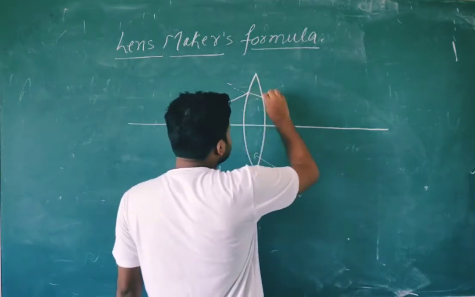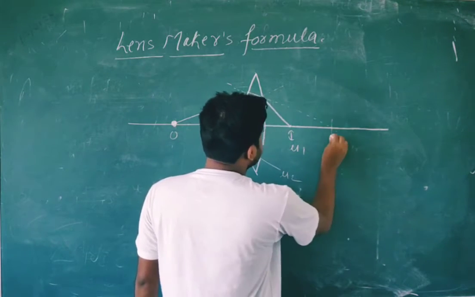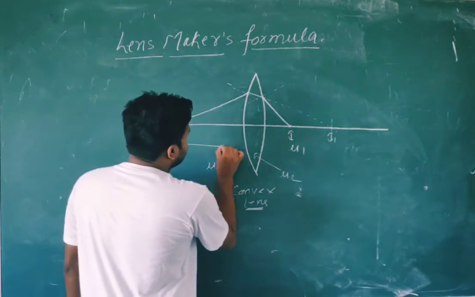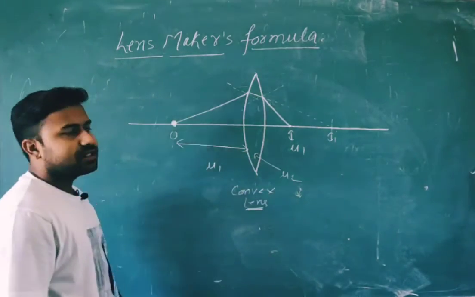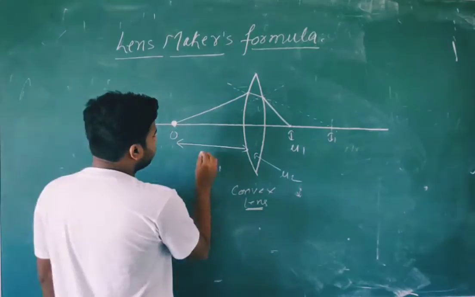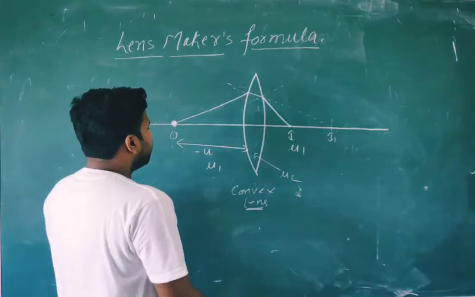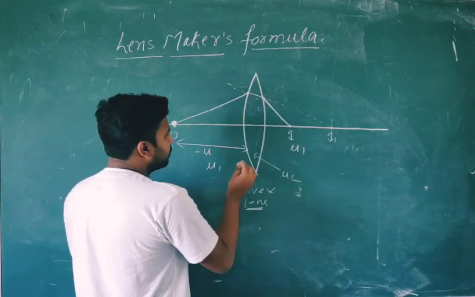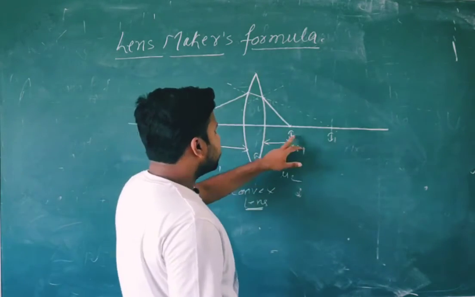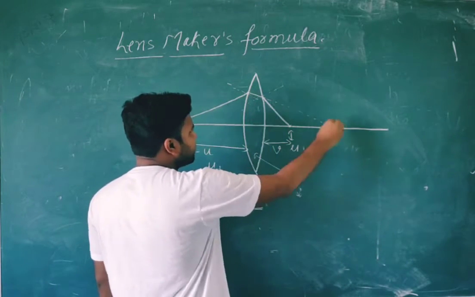Actually this ray has to go in this direction, is it or not? We'll use this concept also, so that's why I am noting it. We know the basic notation. The distance between the object and the pole we denote with u, and here it will be negative. Right now I am just writing u. The distance between the image and the pole is v, and the first time the image is forming at this point.